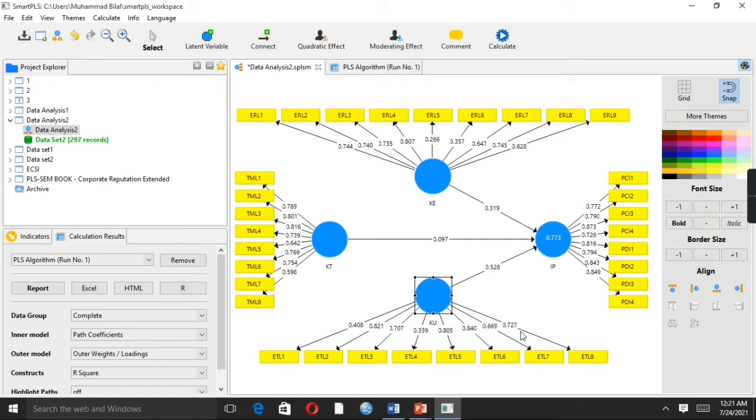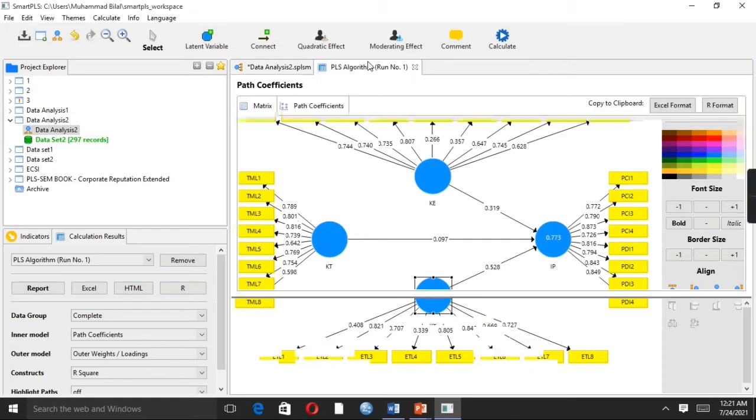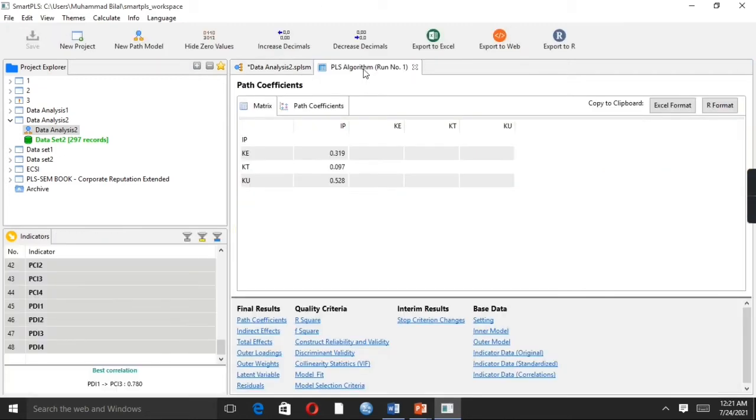Basically these are the item loadings of the variable. In order to perform reliability analysis, as we discussed earlier, the first method is that we check the item loading of the variable. These are the PLS algorithm results. In the final results we have an option called outer loading. These are the item outer loadings.